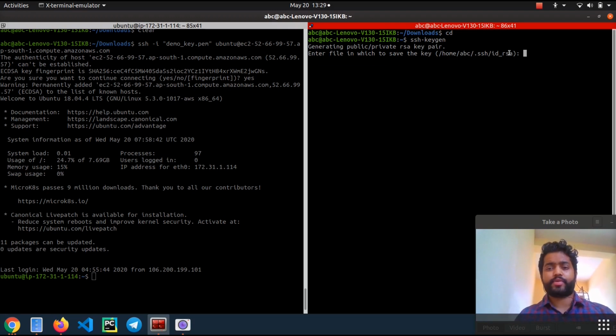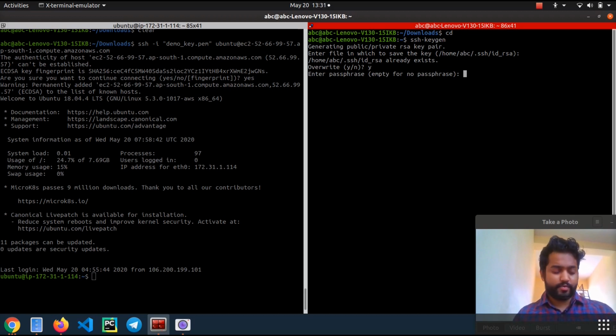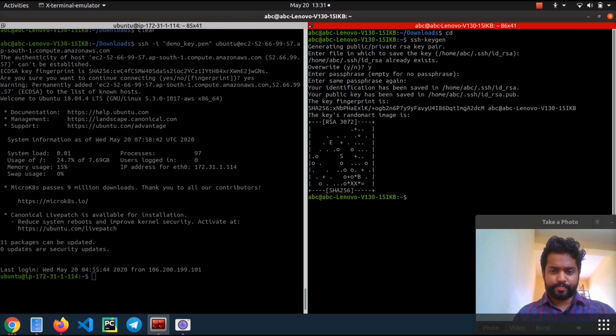Whenever we are not mentioning the -i identity key option, the computer will by default go and check in this .ssh folder in the home directory to see whether it has this private key or not. So I'll just press enter. Yes, I want it there. It asks me, shall I overwrite it? Because I already have a key, I'll say yes, overwrite. It asks me about a passphrase, that is any description I want to give about these keys. I don't. Now it is created, guys.